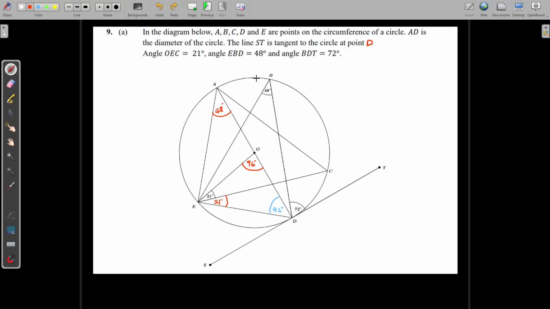So the angle formed by this tangent and chord is equal to the angle formed in the opposing